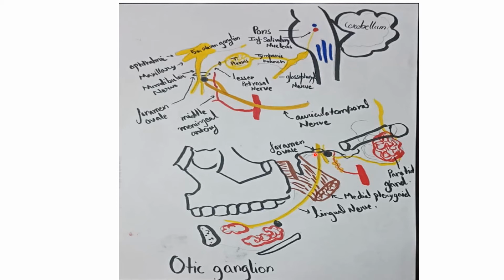Now a few fibers also pass through the otic ganglion, the fibers of the nerve from the mandibular nerve arising from the trunk, which is only passing through, not relaying, right? That is the branch to medial pterygoid, and that passes through and gives supply to tensor tympani and tensor veli palatini. I hope you understood this.